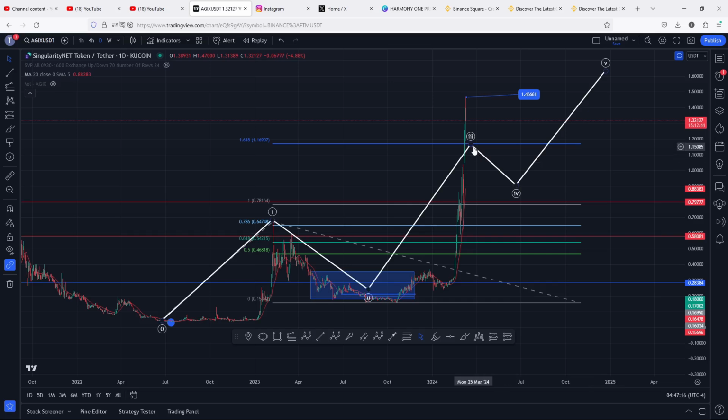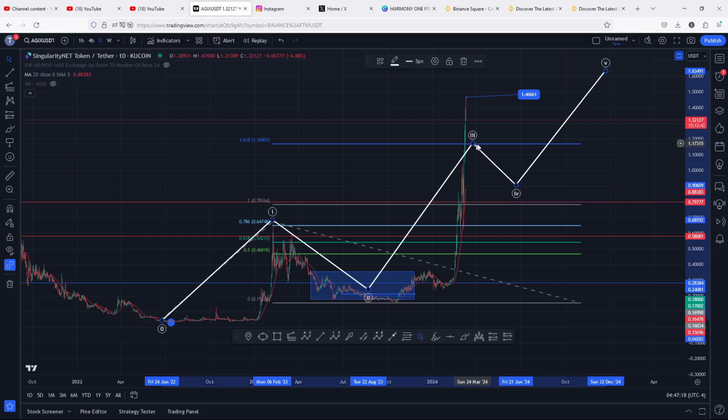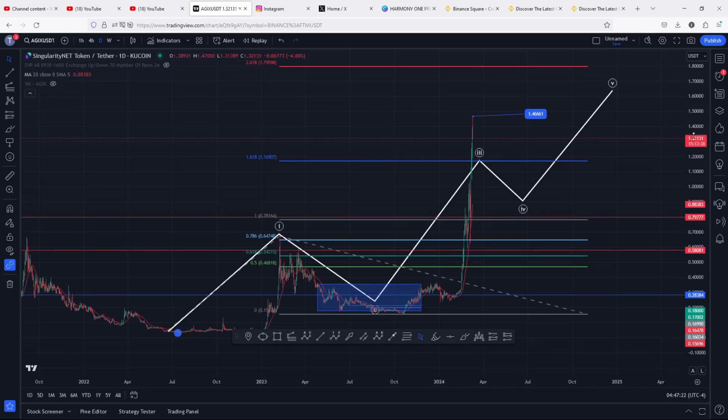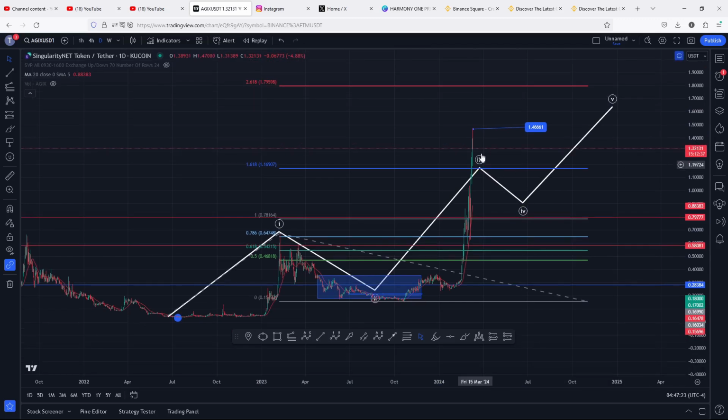This is an area that we have now fully maximized, and you can see that after fully maximizing that target area, AGIX has continued to see higher prices, giving us a high above the